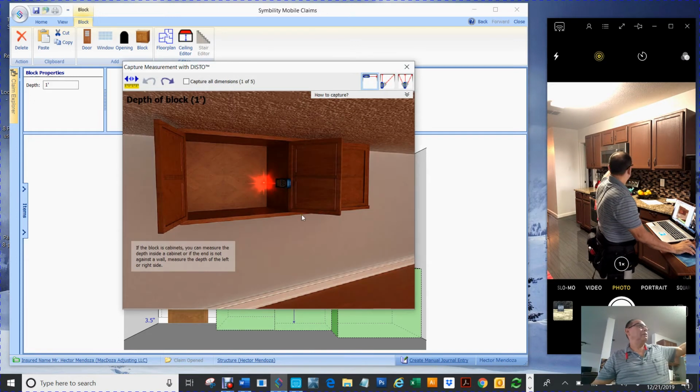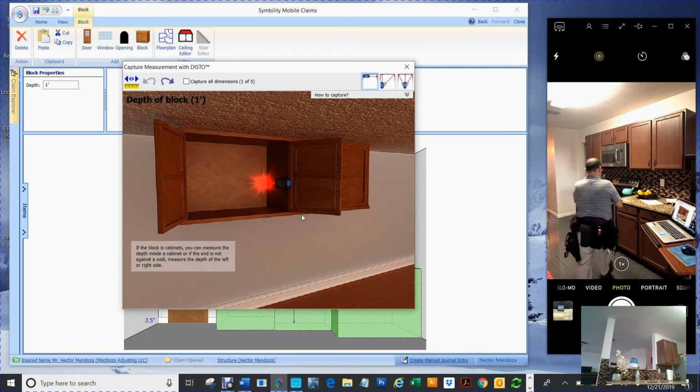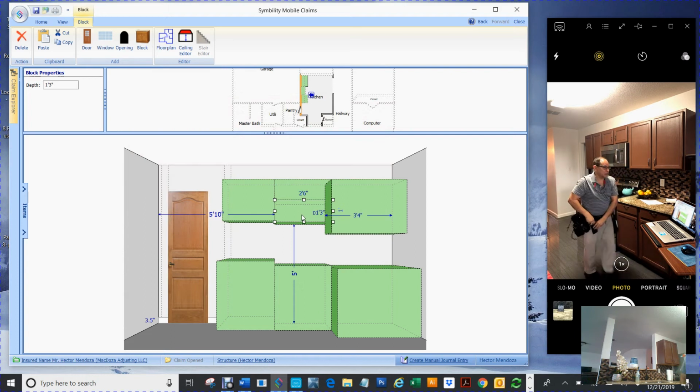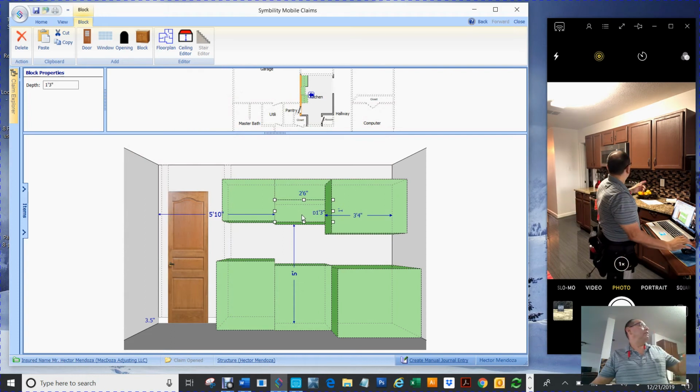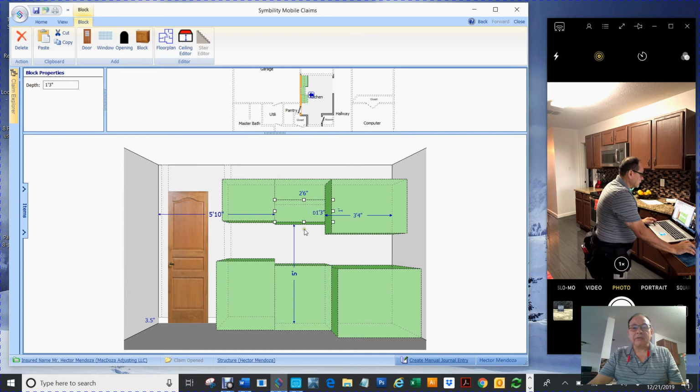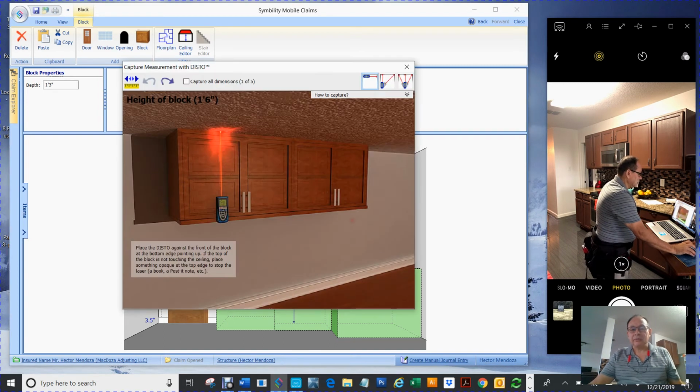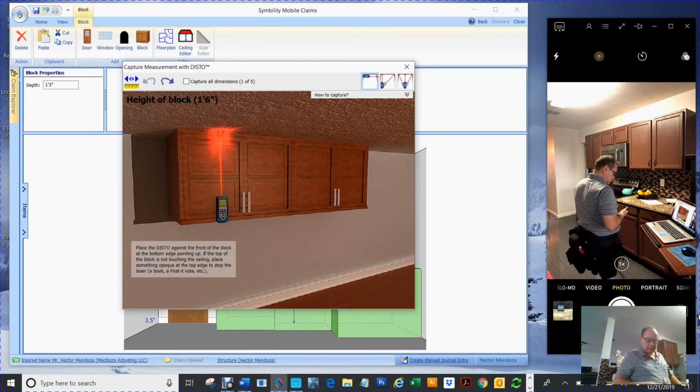I can't use my measuring device. Actually, I could, because I could go right here like this. And that took it. Okay, and then now I need the height of it. Okay, so I'll click right here and change the height to